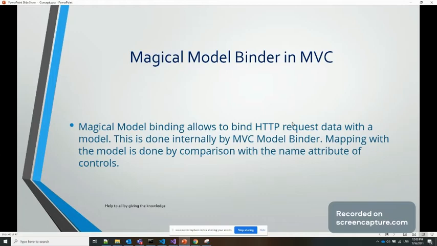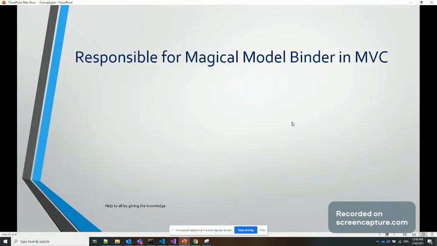How do they know internally that the employee ID should match the employee ID of that model property, and the employee name coming from the UI or the view maps to the employee name of the model property? How is this happening? The responsibility for this is taken by two things.